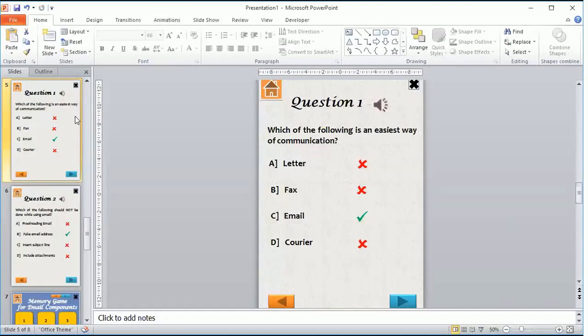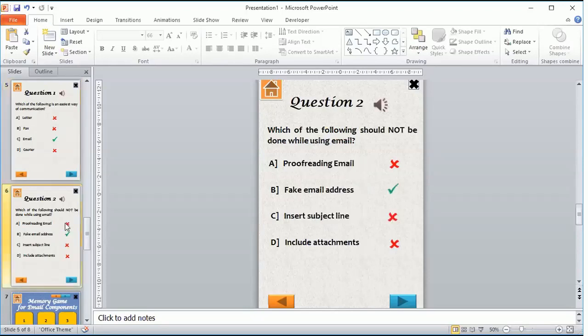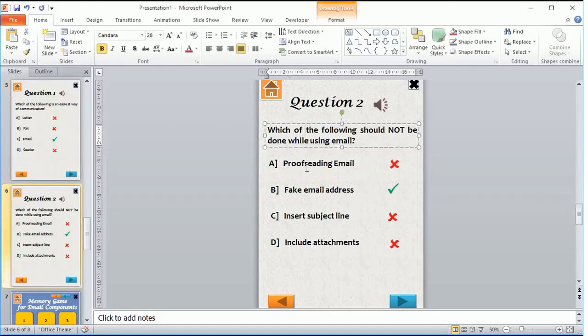First, create at least 2 slides of quiz questions along with alternatives and symbols to indicate right or wrong. So we have over here 2 slides where we have put questions along with its alternatives, and opposite to it we have symbols to indicate whether the alternative is right or wrong. As you observe, the questions and alternatives are inserted as text boxes, and the symbols are characters from Wingdings font.